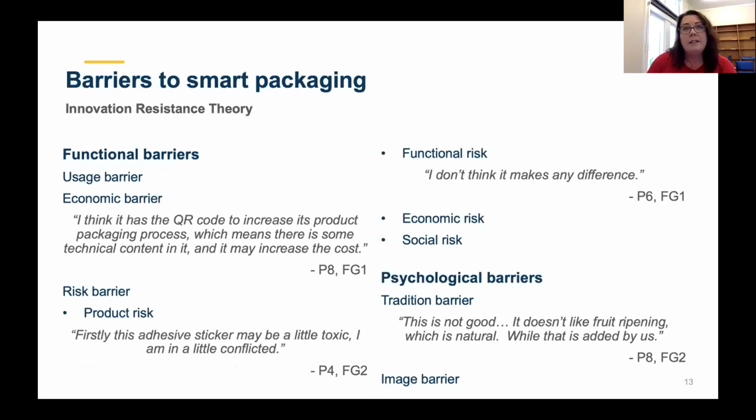There were a variety of concerns identified by consumers in the focus groups. The innovation resistance theory was a good fit to organise those concerns. They fell into 2 main areas: functional barriers and psychological barriers. Functional barriers included usage. Technologies that reduced convenience were not popular. The economic barrier was another, where technologies increased the price of the product